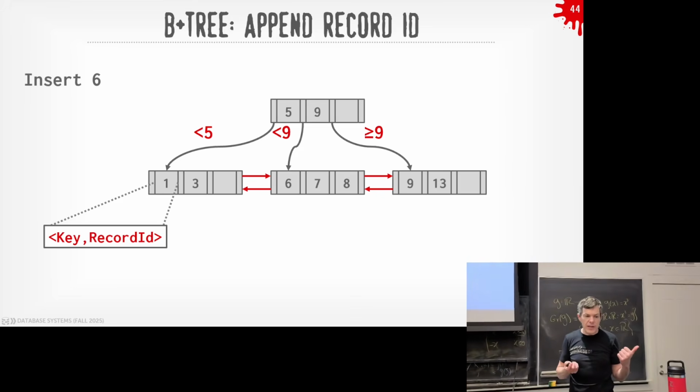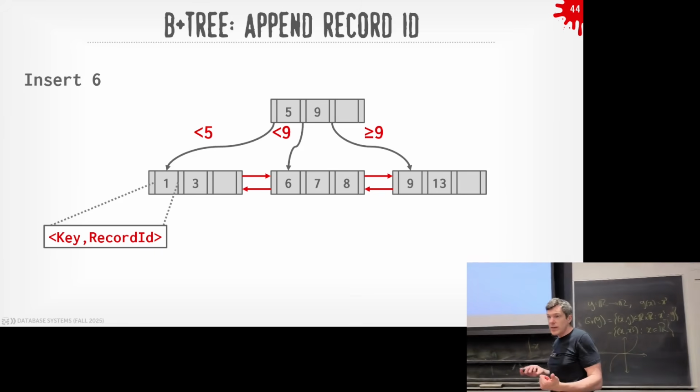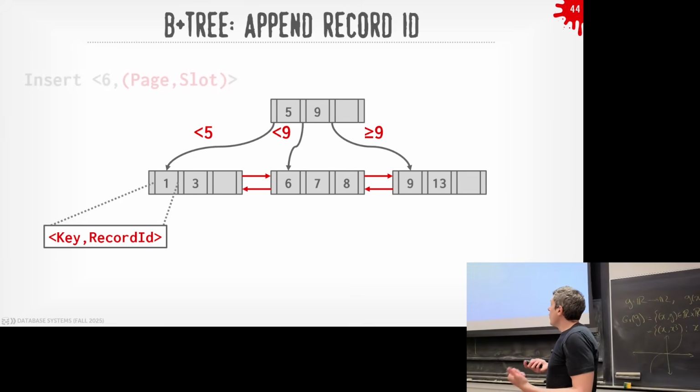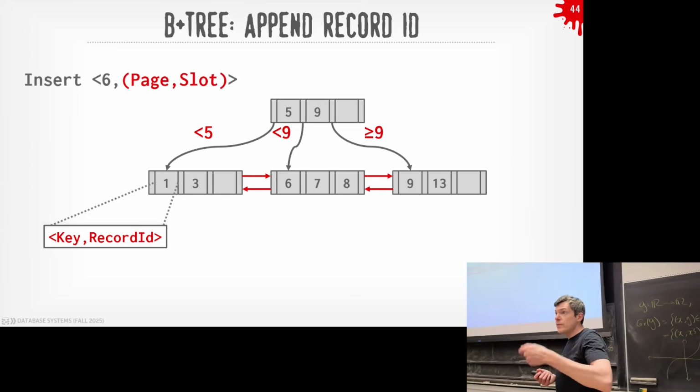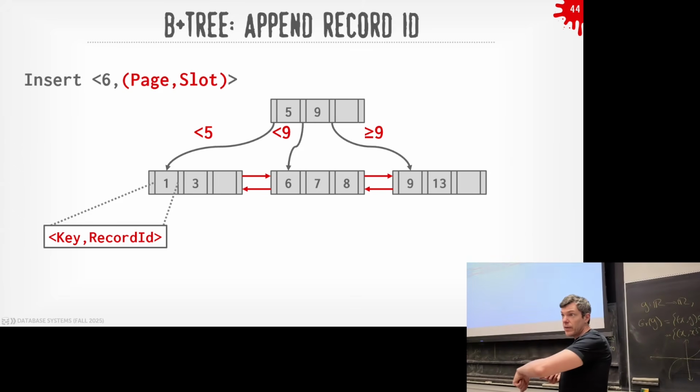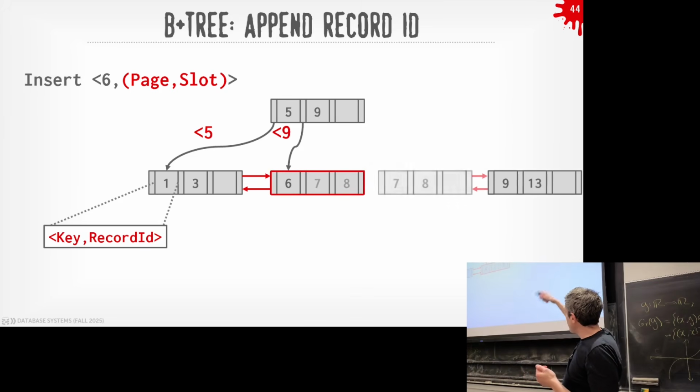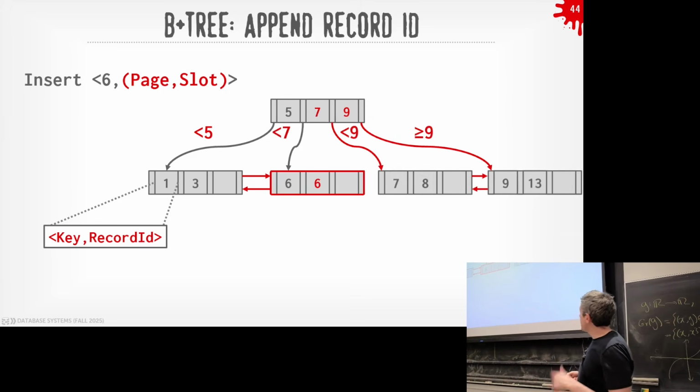So now I want to insert keys. I'm going to insert 6 in my data structure, my B+Tree. What I'm really doing is inserting 6 followed by the page number and the offset. And then I just do the traversal down looking at the first key where it's 6. Then I land in whatever leaf node I want and store the thing that I want. In this case here, I have to do a split, and everything works out fine.